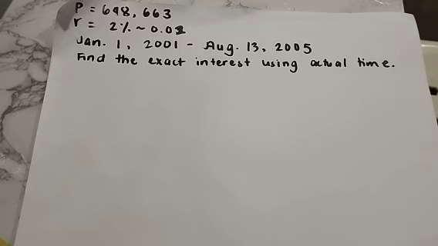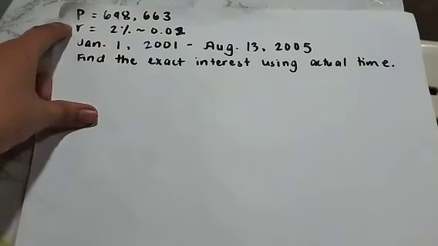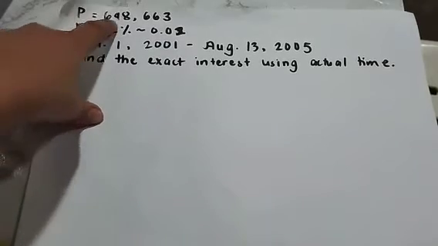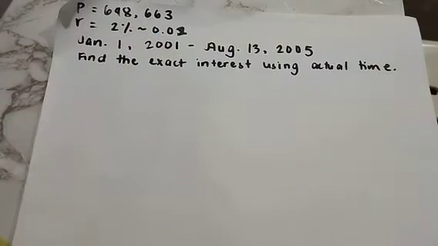Now for our last example. Nandito na kaagad yung given. So, yung principal is 648,663. Yung rate natin is 2%. I-divide sa 100, magiging 0.02. And yung number of days na kukunin natin,